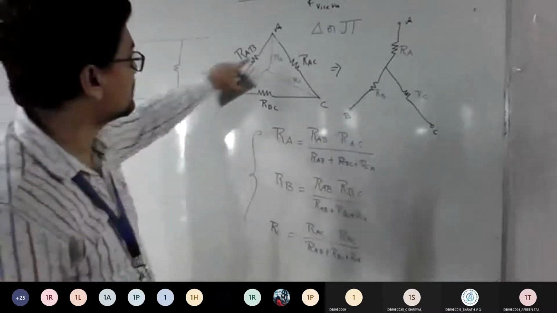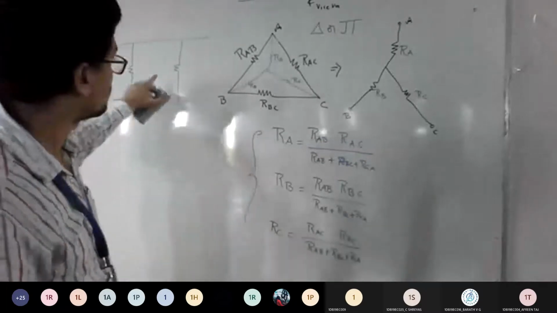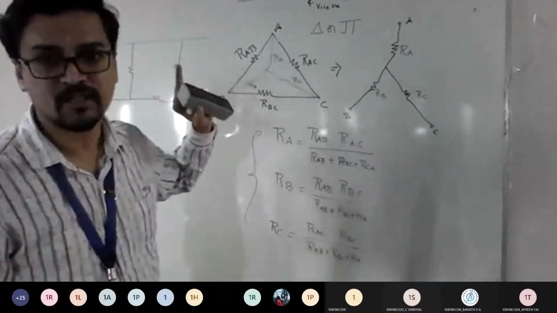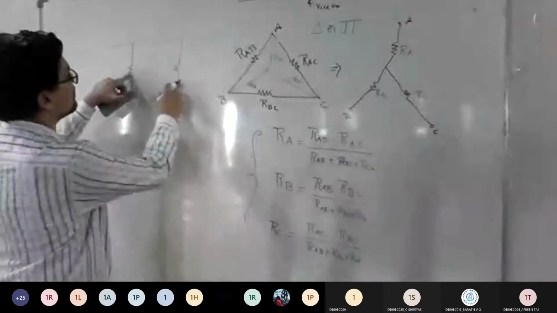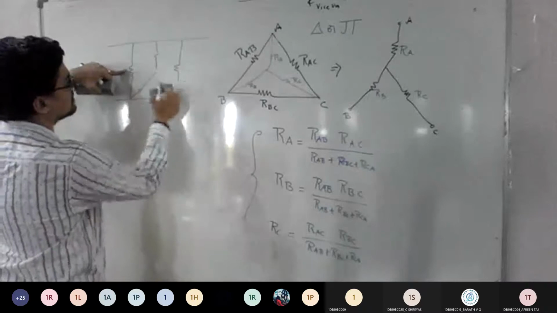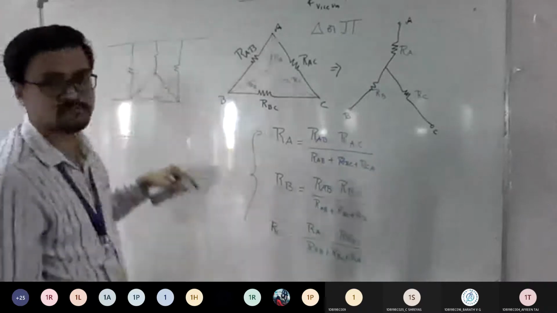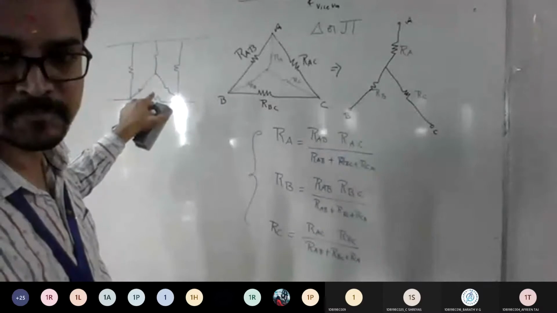Whenever you find delta or pi, both remain the same. So this pi is also like delta only. So you have to apply the same logic. Get the resistor. Between these two resistors, one will come. Between these two resistors, one will come. Between these two resistors, one will come. Is it like star now? Is it like star conversion? Yes or no? Yes, sir.